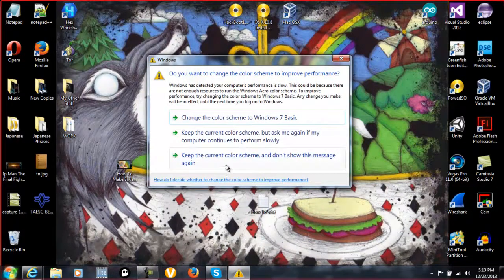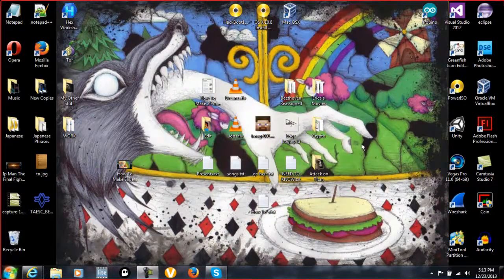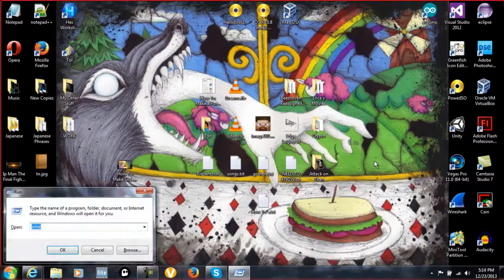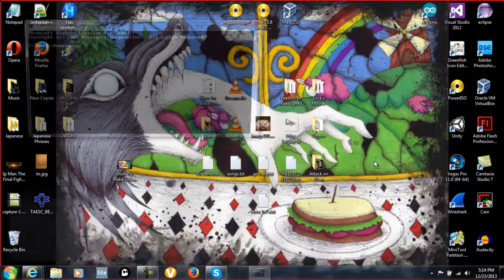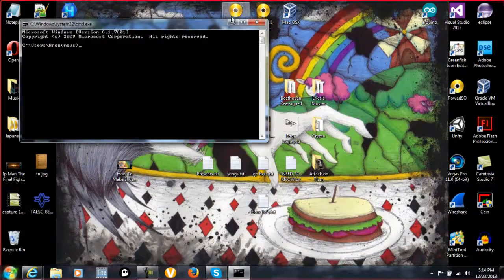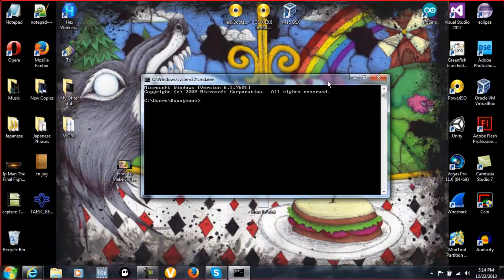The way that I'm going to do this is I'm going to open up the command prompt using the Windows key and the R key, typing in CMD and hitting enter. And then when I get into the command line, I'm going to activate my administrator account on my local computer by using net user